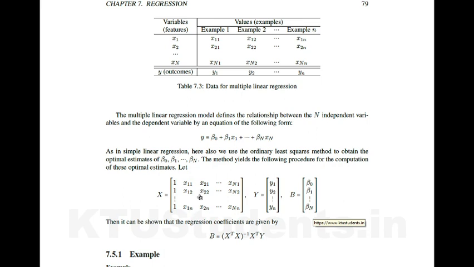And this we can solve, and the equation is, this is not B, this matrix B is actually equal to X transpose into X, then the whole inverse, X transpose Y. Actually how we got this, you can find it using the analysis, some elimination method. This is the correct one that I have shown on the previous PPT. I will be posting it in the classroom, and you can go through that. With polynomial regression also we can arrive at the same equation.